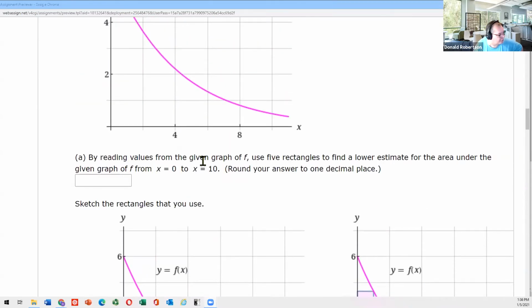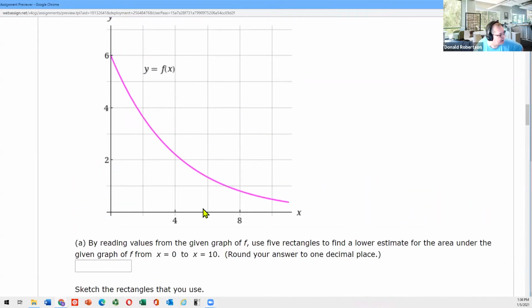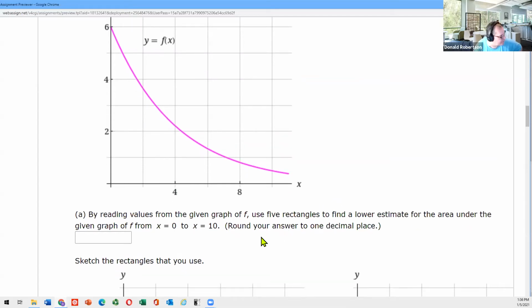So by reading values from the graph, 5 rectangles, find a lower estimate. Okay, if you are going to use this picture and you're going to do 5 rectangles, the answer is from 0 to 10: 2, 4, 6, 8, 10. So that should finish there. Okay. Won't you go up in twos? So your first strip is 0 to 2, 2 to 4, 4 to 6, 6 to 8, and last 8 to 10. Since you are looking for a lower estimate,